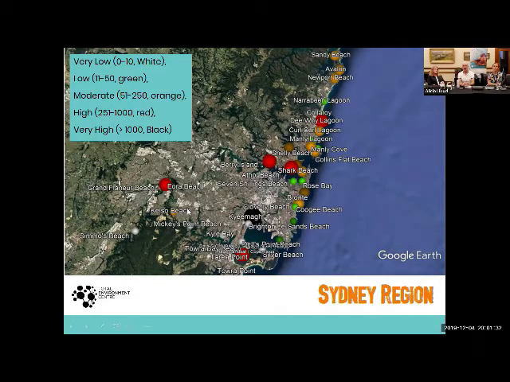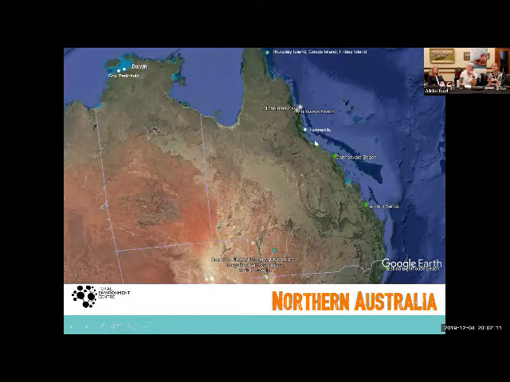So in Sydney, you can see there's some green spots on the coast, and what's interesting we're finding in Sydney Harbour is that the effluent that comes out of the harbour, a lot of it is kind of stormwater sourced, but it's moving north up the coast with the longshore drift, so it is a northward migration. Hence the beaches to the north of Sydney are also high or moderate, although there are sources there, and Tony's been doing some work up there. So that's an example. In the future, and we'll get to that, you'll see some of that interactive.